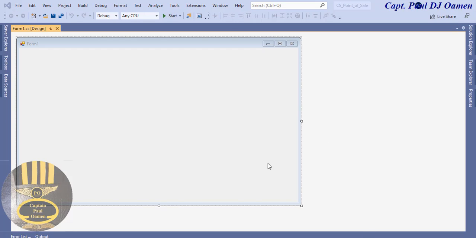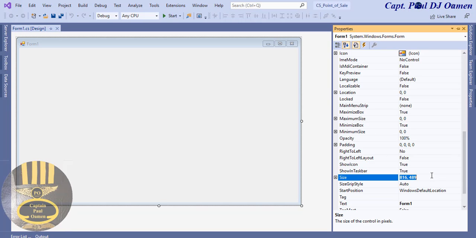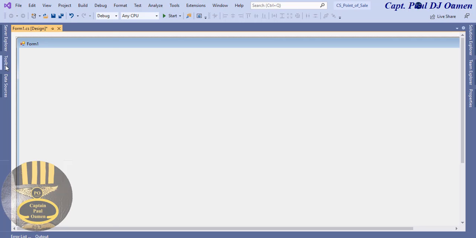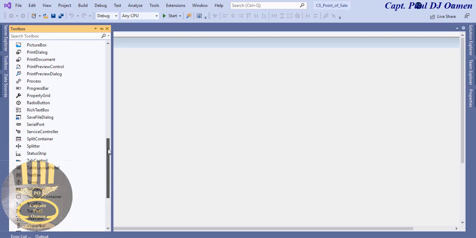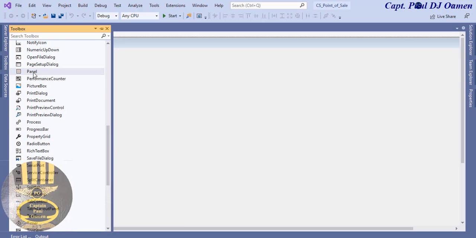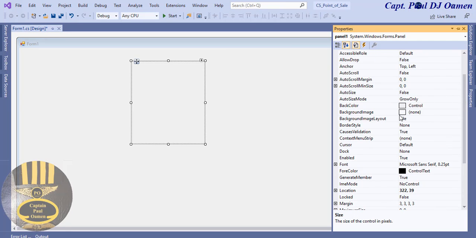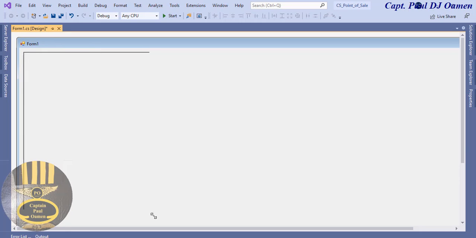Okay, now that my development environment is ready, I'm going to come in here straight to the properties and let's change that to 1386 by 788. Press enter. There. Now the next thing is to come straight to the toolbox and let's select panel. Grab the panel and I'm going to change the appearance of that panel to, let's go straight to the border style. And let's change that to fixed 3D. Now grab that very panel, drop it right there and set it about that much,